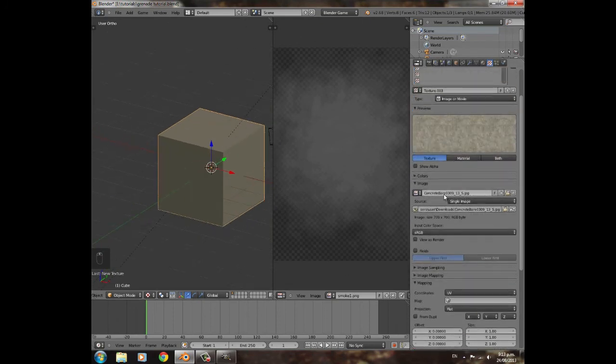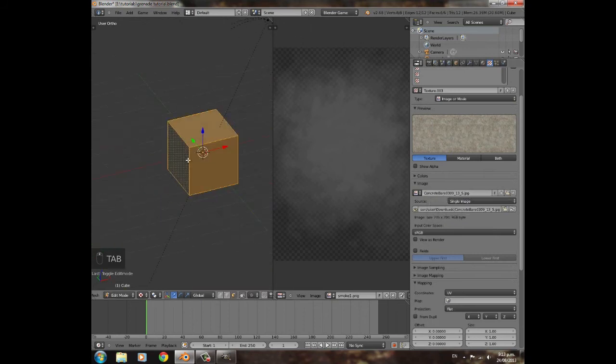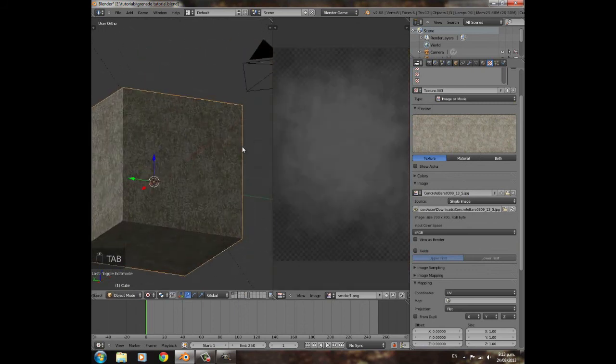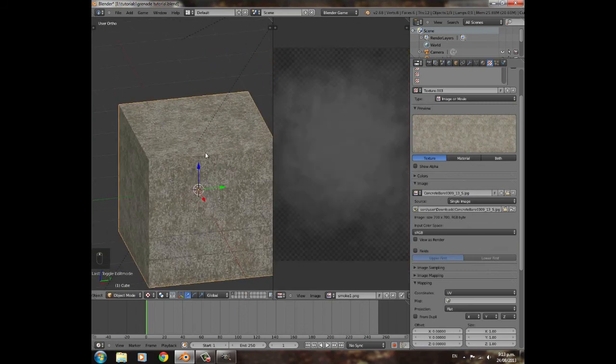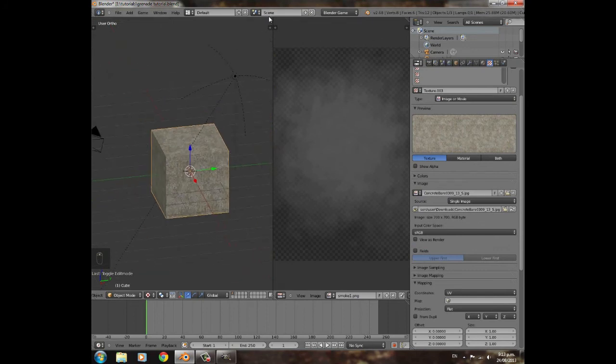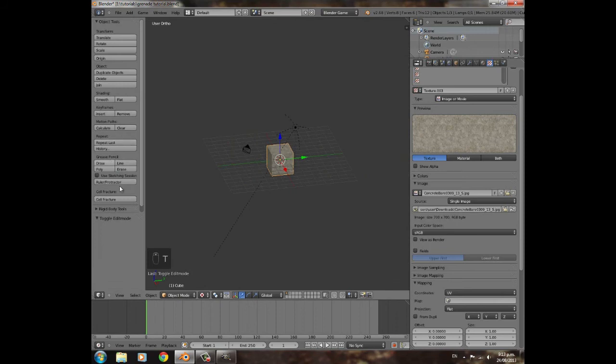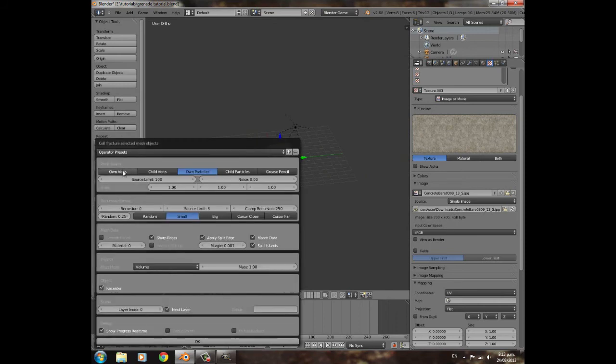And I've just got this concrete 0309 one. I'm just going to press Tab, U, Q projection. So that's all of that done for me already. Then I'm going to drag this window in and press T, click Cell Fracture, select Own Vertices, drag this up